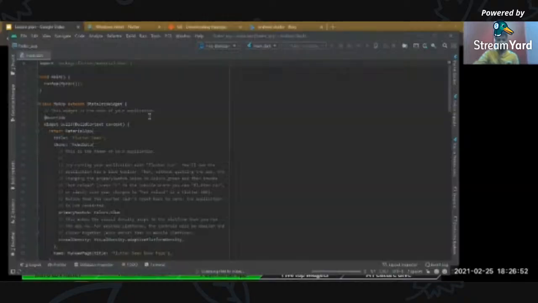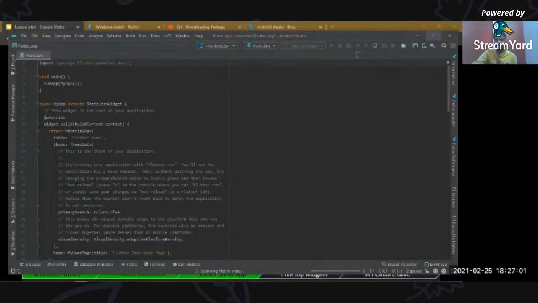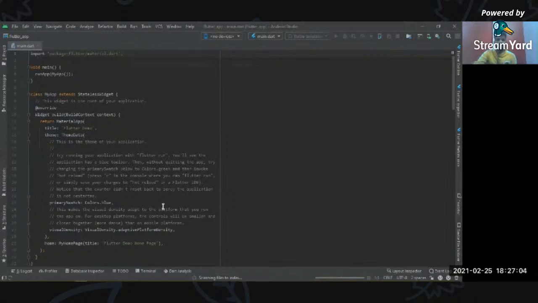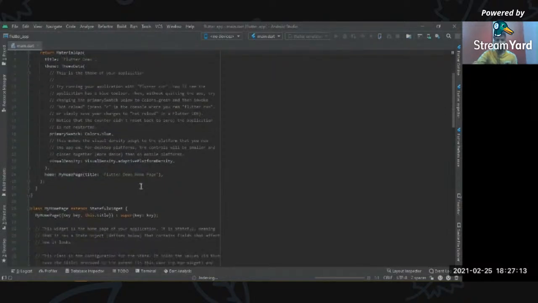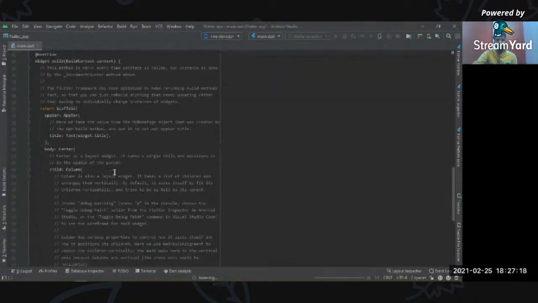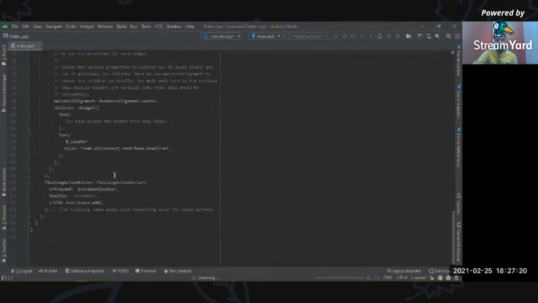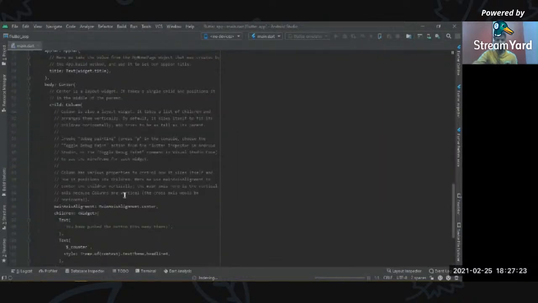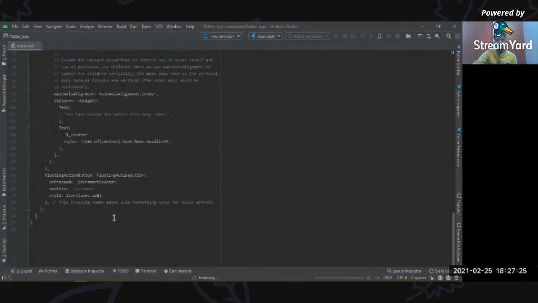So as we have created our first Flutter app, you'll be seeing this whole window. Let's make it full screen. At the very first, you will be presented with this boilerplate code that I've talked about. It is a simple counter application, and this code is about that first Flutter application only.